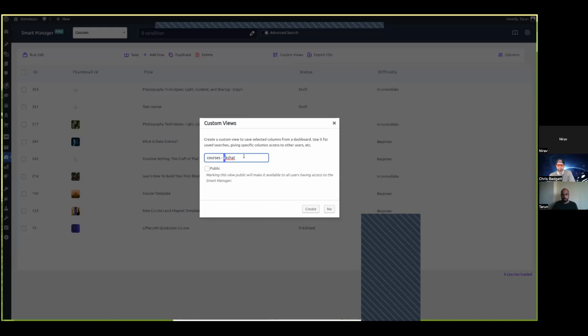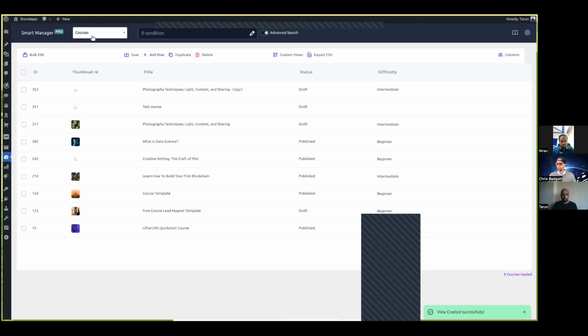Akshat, right? So if I give this as a name, I have an option whether I want this view to be publicly available, as in whoever has access to Smart Manager can access this view, just like any other dashboard. Or if I just want to give it only to specific people whom I like, then I'll do that. Now I'll just create it without the public access for now. It will say, okay, the view has been created, right? And that has been done. Now, once this is done, okay, it didn't refresh. Sorry. So I'll just refresh it.